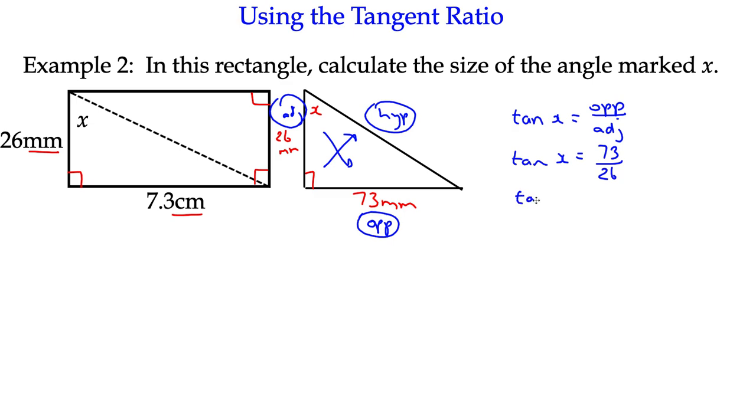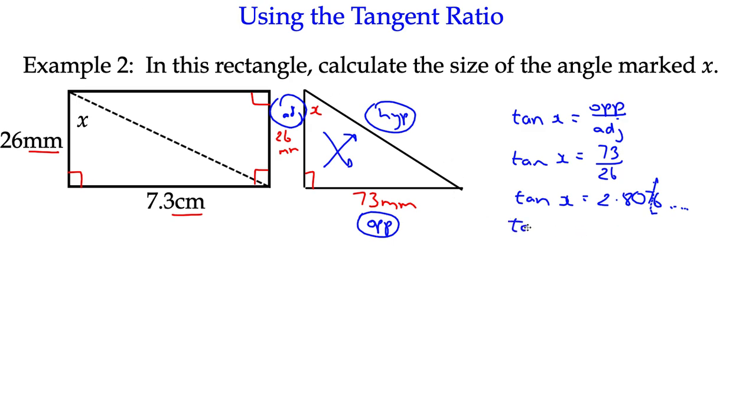Now again, this is where we're mixing them up. This is different from the last question. You've got to remember what to do when you're trying to find the angle. Well, we know both of the numbers in the fraction, so we go and work that out. So 73 divided by 26 is 2.8076, and so on. Remember that when we're rounding for the trig ratio, at this point, try and round it to 3 decimal places. It's not the answer, so we need to keep it as exact as we can. So I'm going to use tan x equals 2.8